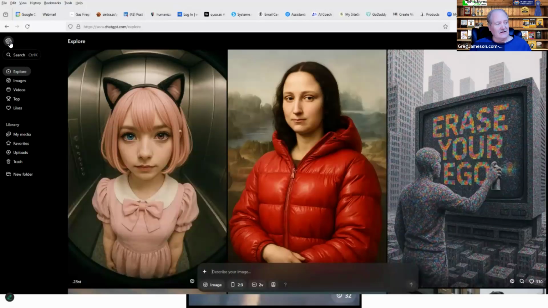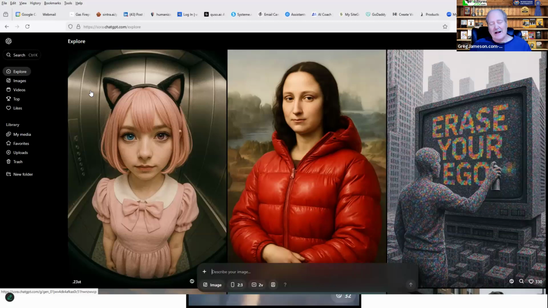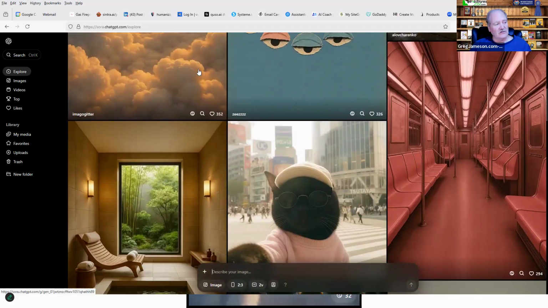If I click on the little logo icon, what Sora has done, they started out just being about videos, but they're now doing all kinds of images as well. And you can take images and convert them into videos and so forth.